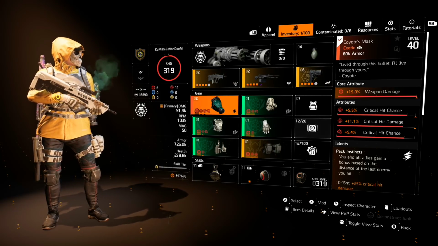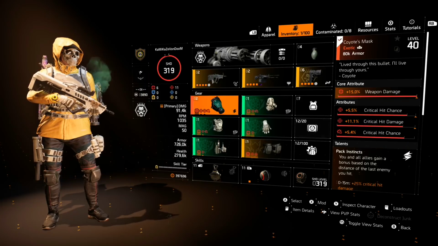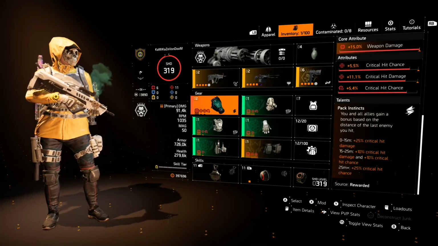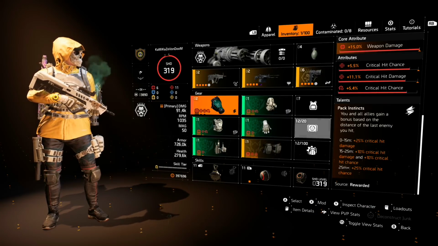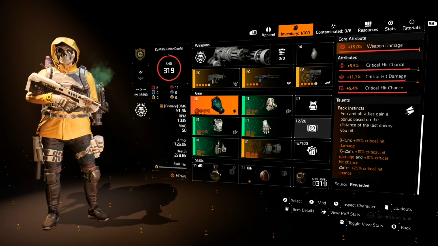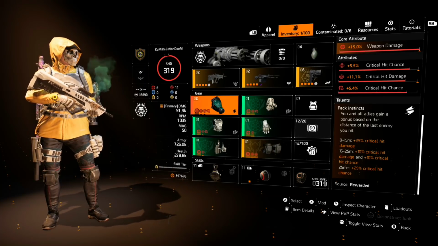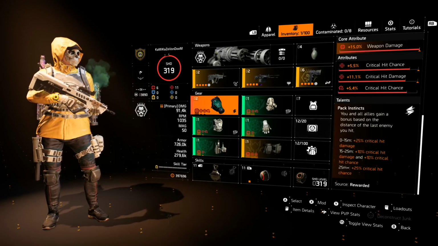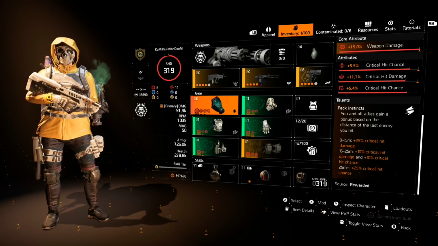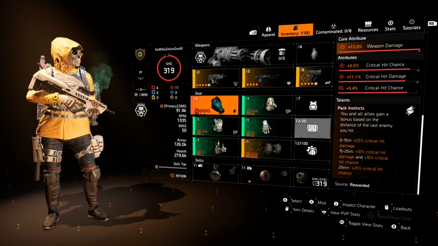The red mod slot I threw on there is 5.4 crit chance, and the main reason I use it is Packed Instincts. It gives me more crit chance and or crit damage depending on the last part I shot somebody. And the best part about this is it stacks. So if someone else is running the Coyotes Mask with you, you're going to get even more. And having a crit build like this, it's really nice to,